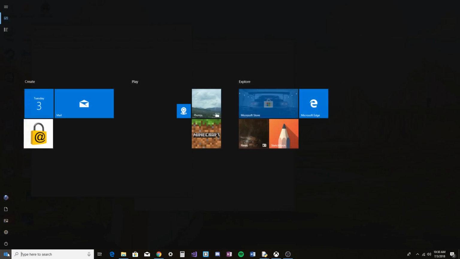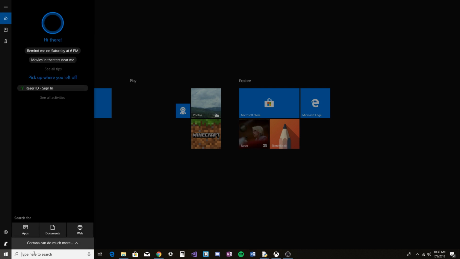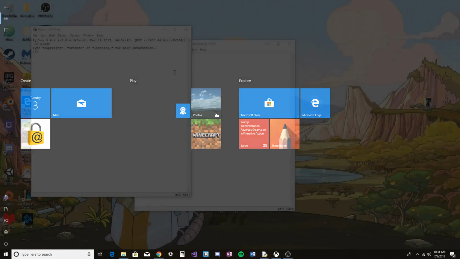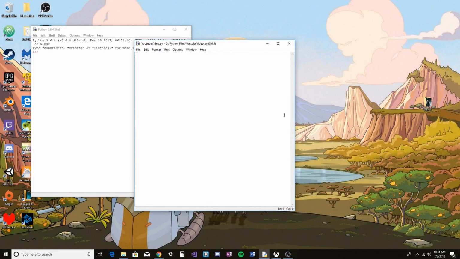if you have Windows, you would click on this or in your search bar, and then you would type Python, and then you don't want to open the Python 3.6 64-bit desktop app. You want to open IDLE Python 3.6 64-bit. You want to open this one, not that one. So I already have that open,